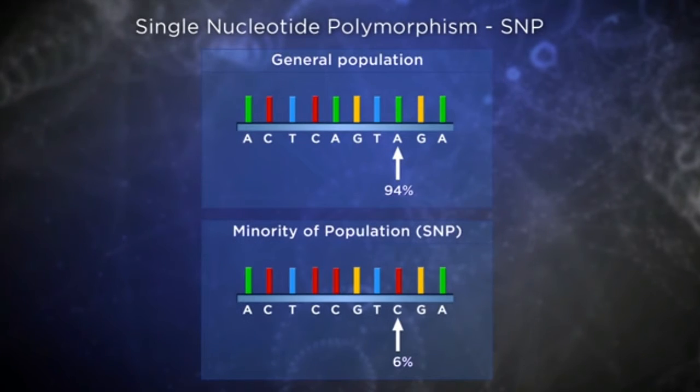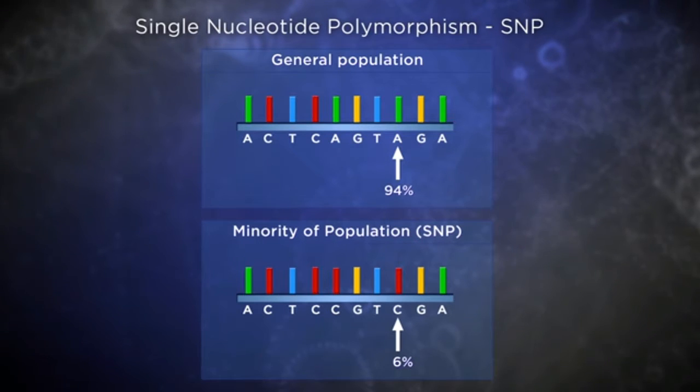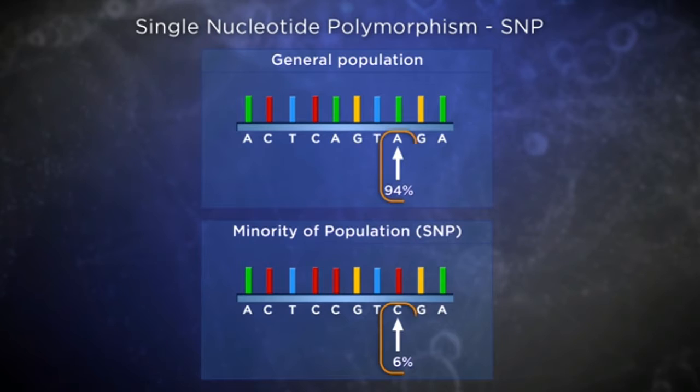Scientists are also cataloging single nucleotide polymorphisms, or SNPs. These are specific places in genome sequences where a single nucleotide differs between groups of people. Say an A is replaced by a C. An SNP is a point mutation, but one that is found in many individuals, not just one person. SNPs are dotted all over the genome, about once in 1,000 nucleotides on average. Of the millions of SNPs in our genomes, many are not in protein coding regions, and a single SNP is